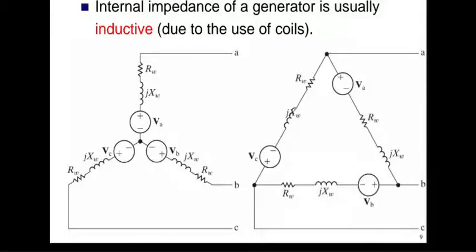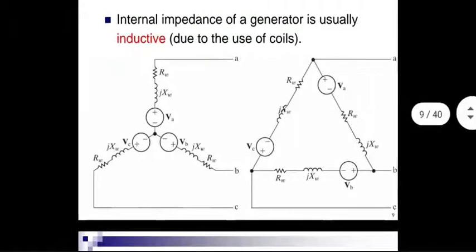No, sorry, this is not load side. I'm sorry. This is the delta connection for the generator. Here also same story. You have internal impedances that will have to be accounted for when you are actually doing detailed calculation about voltage, current, and power at various points in the power system.